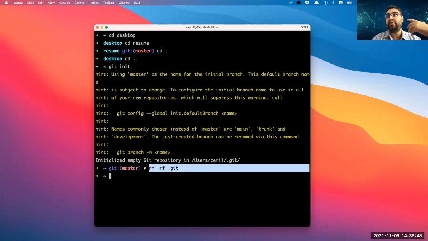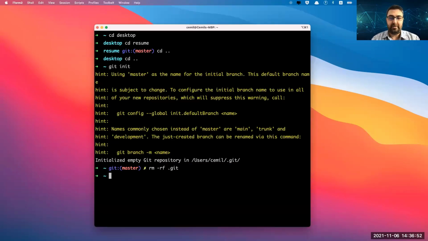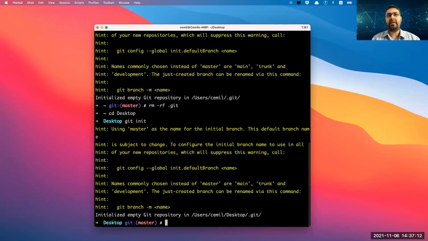Well, if you don't want that folder to be a repo, but you want to work in the folder, let's say my desktop folder, let's go to my desktop. If I go to desktop, I have, look, resume, which means I'm working in my desktop folder, and one of the folders, resume, is on my desktop. And let's say we have git init here. Actually, this is not good practice. You shouldn't do that. But let's say you did. And then you see this.